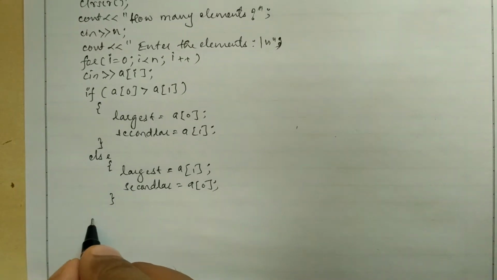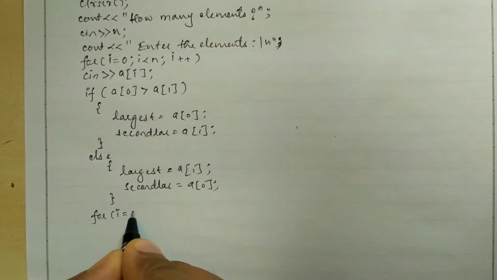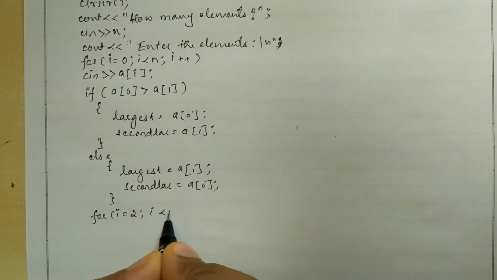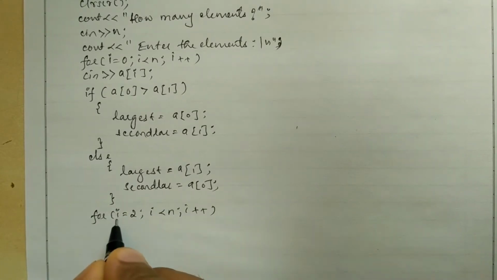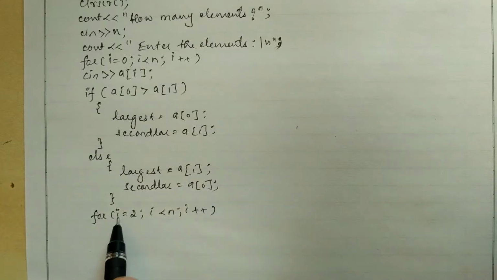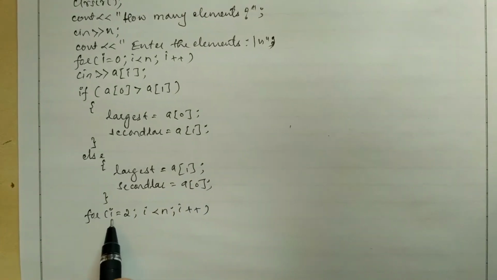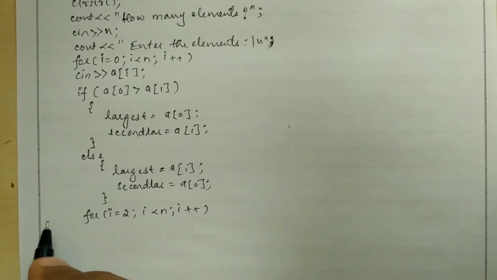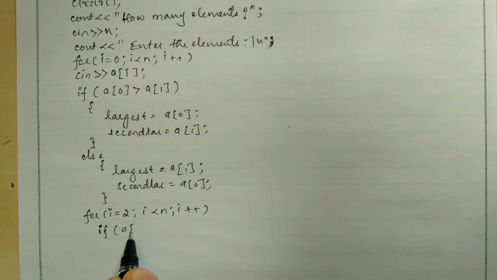Now we are going to use an iterative statement for i equal to 2, i less than n, and i plus plus. Why i equal to 2 here? Because we have already taken index numbers 0 and 1 over here. So that's the reason we have to start from the third element, whose index number is 2. Next, I'm going to check the condition: if a of i, that is a of 2, is greater